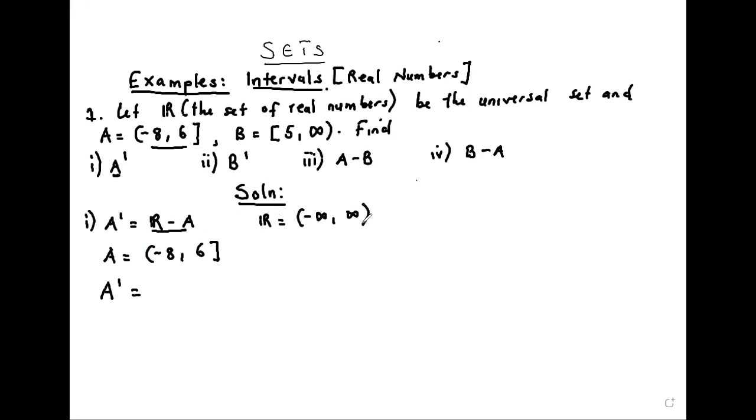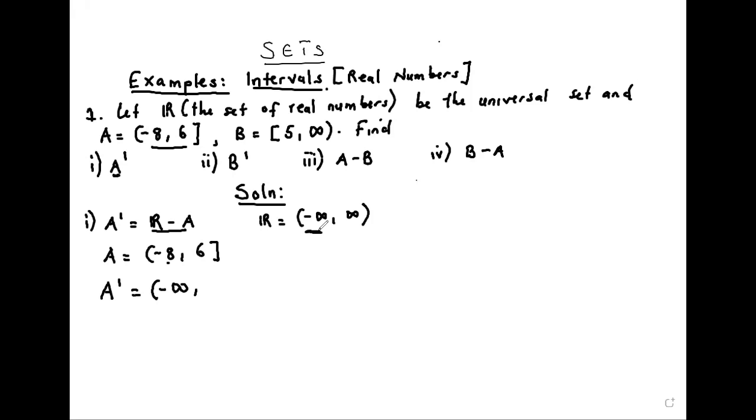So when getting A complement, you write -infinity as your first thing. Please note that we never include infinity or -infinity on any set. So when looking for the complement, you start with the boundary of the universal set, -infinity, and then pick the